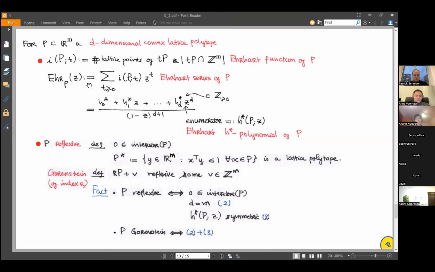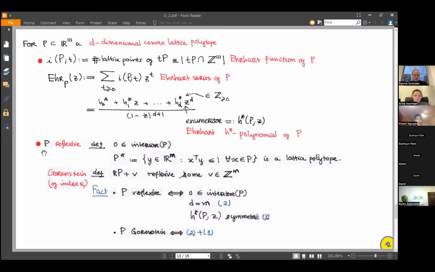And we can revise the Ehrhart series of P as a quotient of two polynomials. The numerator is denoted by h star P of z, and we call this the h star polynomial of P, and the denominator equals 1 minus z to the power d plus 1. There is a well-known fact that the coefficients of the numerator h star P of z here are all non-negative integers,